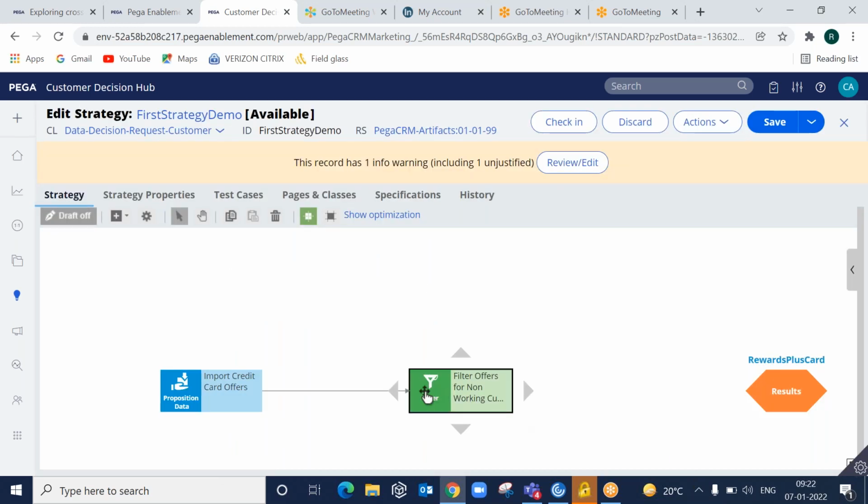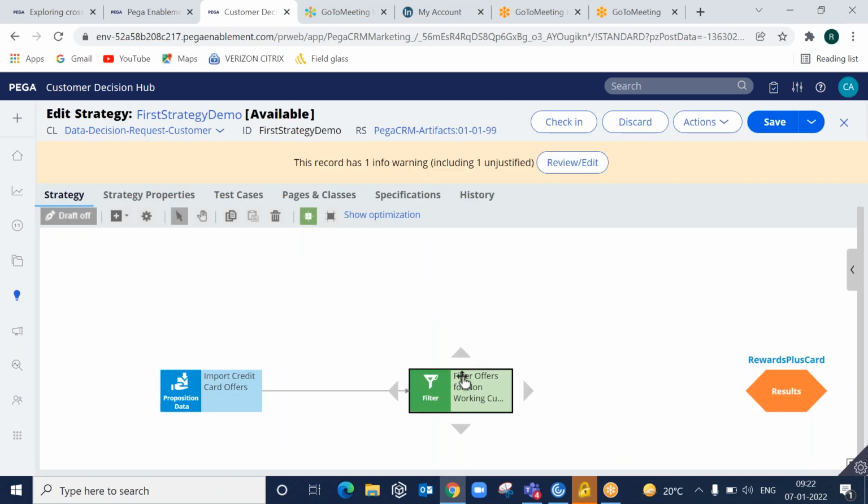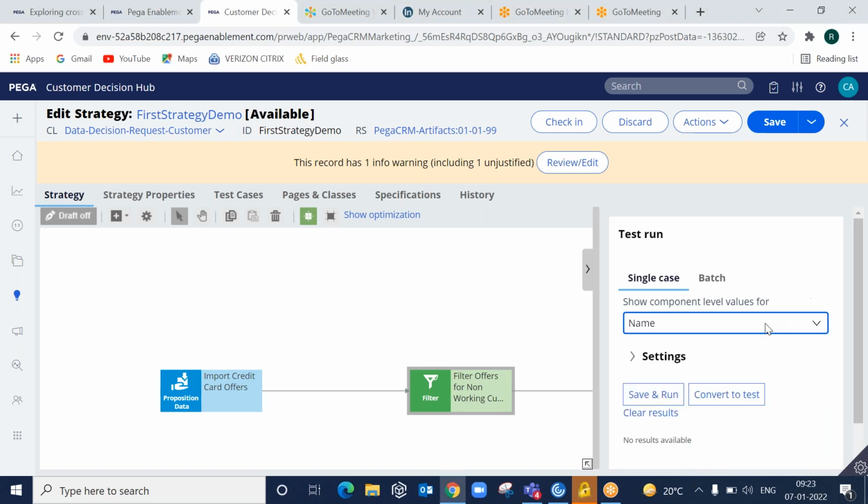And right now it's not displaying. It should come. Anyway, that doesn't matter. Okay, the description doesn't matter. You will not use it for any functionality or anything, just for our understanding purpose. And also the name of the component, don't keep it like too many sentences. Just keep it like one or two or more words, but not like some paragraph. Don't create like that. Now let us save and run and see what data we get.